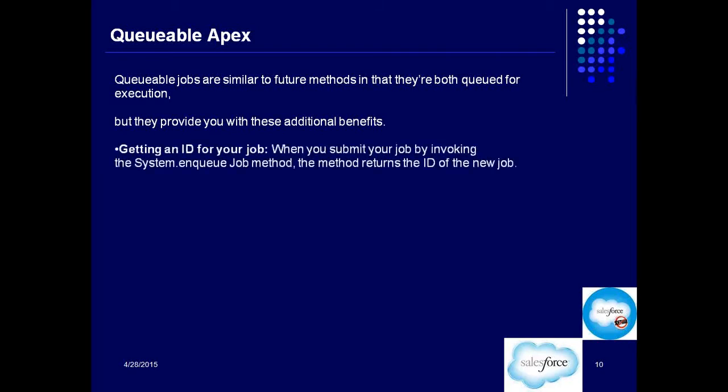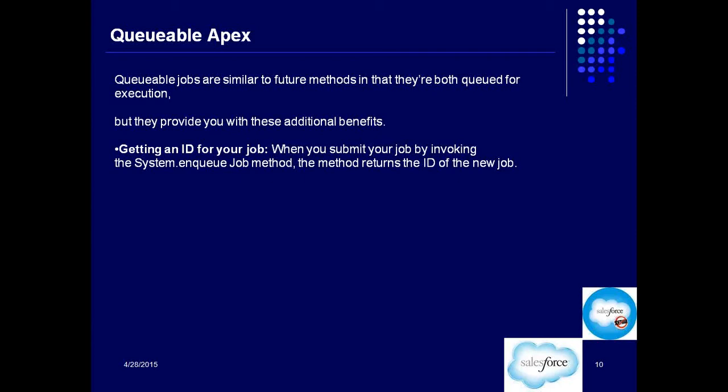First, getting an ID for your job. When you submit your job by invoking the system.enqueueJob method, the method returns the ID of the new job. If you don't understand this, don't worry, let me put it in simple words. You get an ID for the job, that process that runs. And using that ID you can track or monitor it.